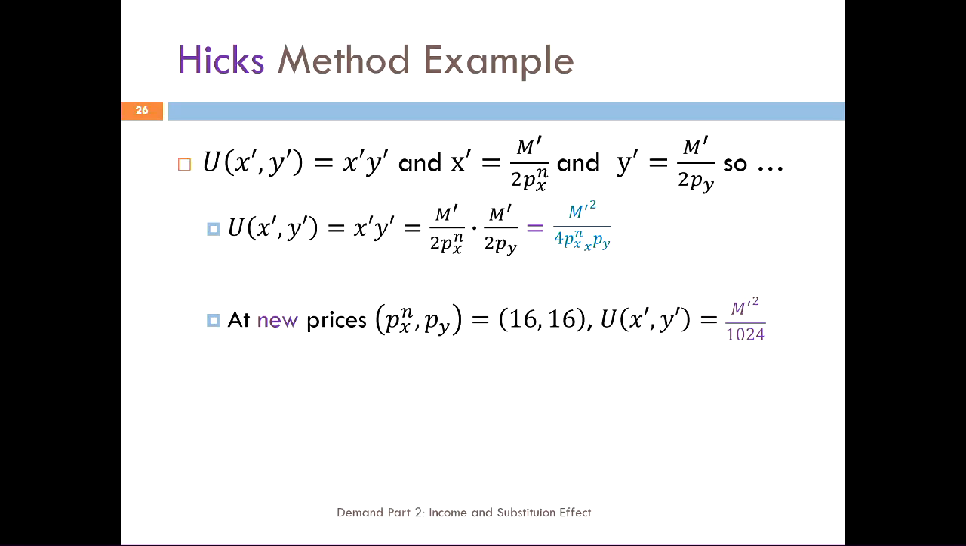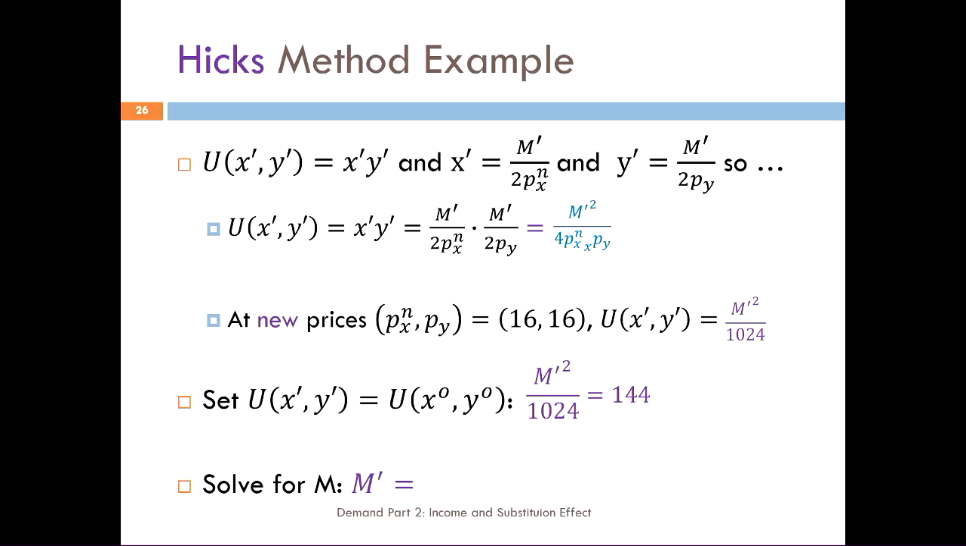But we know one other thing. We know that at that bundle, X prime, Y prime, by construction, we're going to set the income such that utility is equal to the same utility we had in the original bundle, which was 144. So let's set the utility of the bundle X prime, Y prime equal to the utility of the original bundle, which we know is 144. And now it's just a matter of solving for M, and we see that we have to give you a nominal income of $384